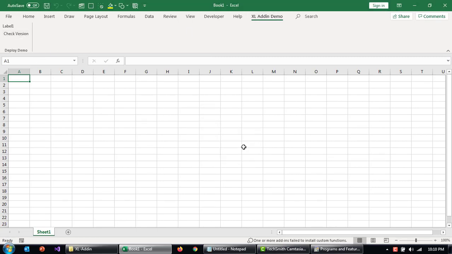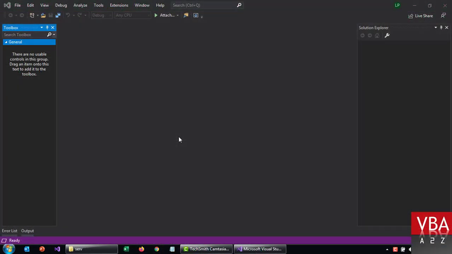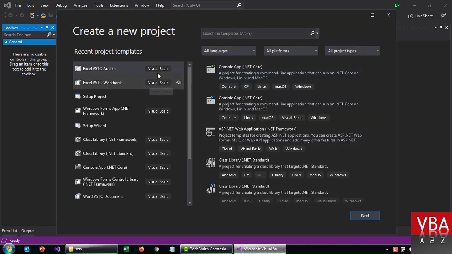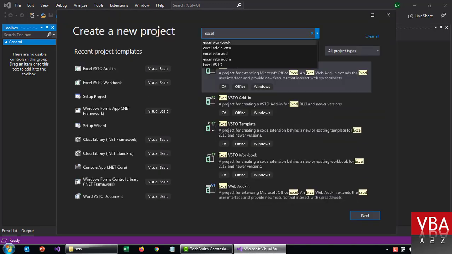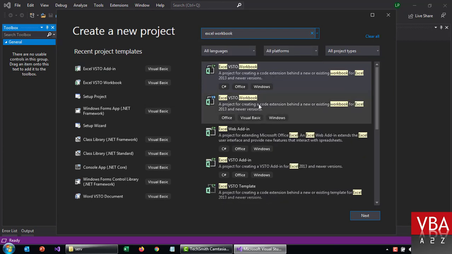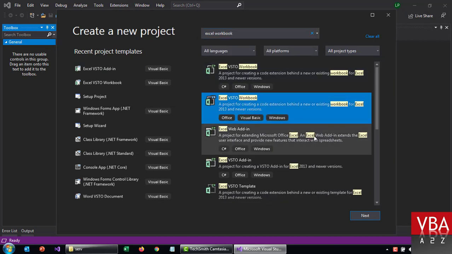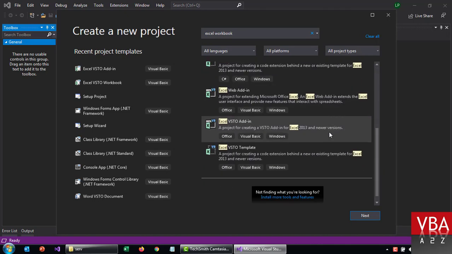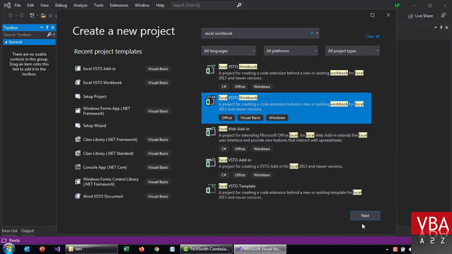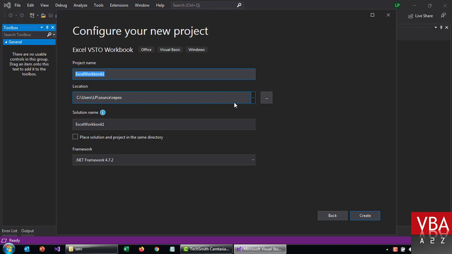First, I'm going to demonstrate how to deploy a workbook or a document-level application, and then we'll move on to how to deploy add-ins, Excel add-ins, for example. So for that, I'm going to create a new project. From here, you can search Excel workbook, and I'm going to select this one. You can also select Word document if you want, for example. And then I'll just call this Excel app, and I'm gonna place this in the YouTube directory